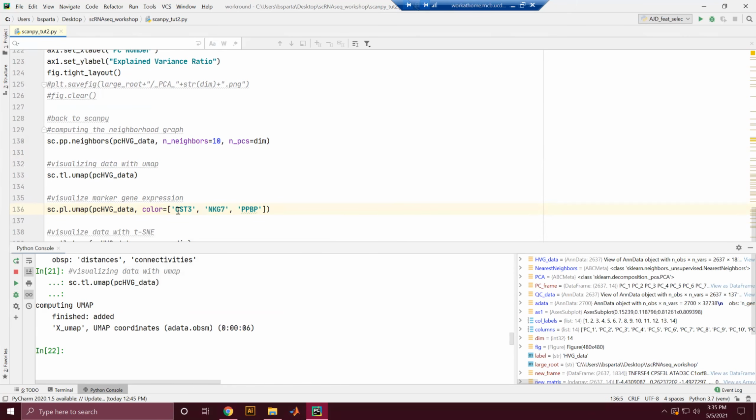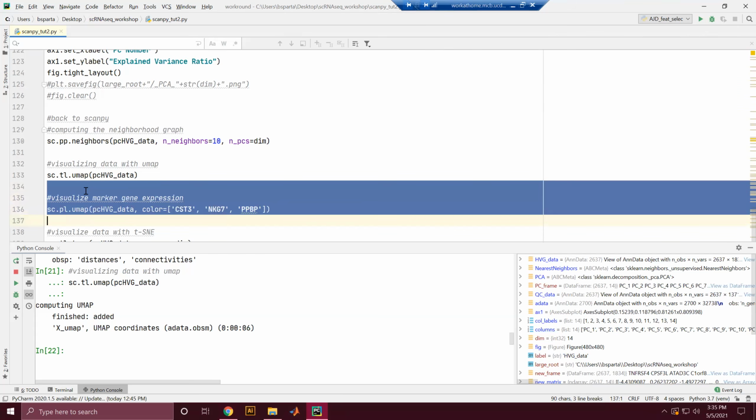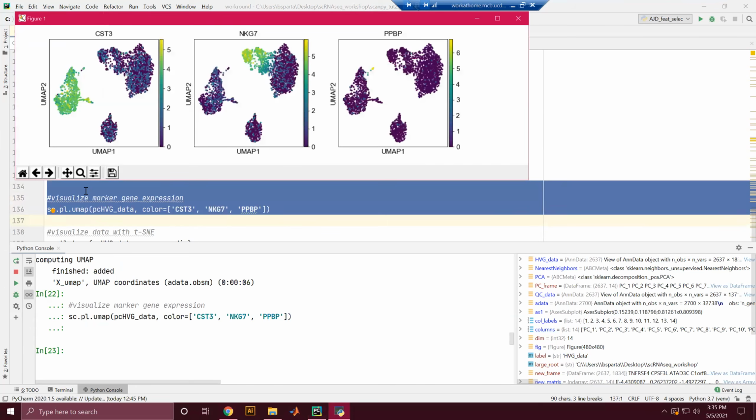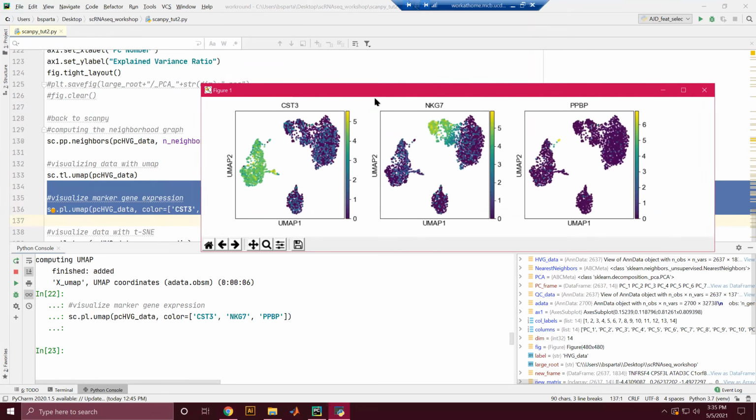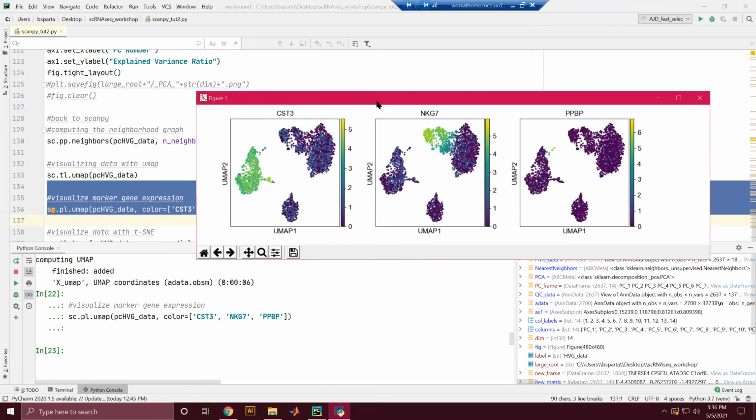To actually visualize the data, we need to use the ScanPy plotting module on the UMAP observation, and we can color it by as many different genes as we are interested in. So here, let's make 3 different UMAP plots colored by these 3 marker genes that are known to be important in immunology, and see what our data looks like. And we can see that we do have these distinct and similar distributions of marker genes in different populations, while this gene PPBP is only expressed in a very few